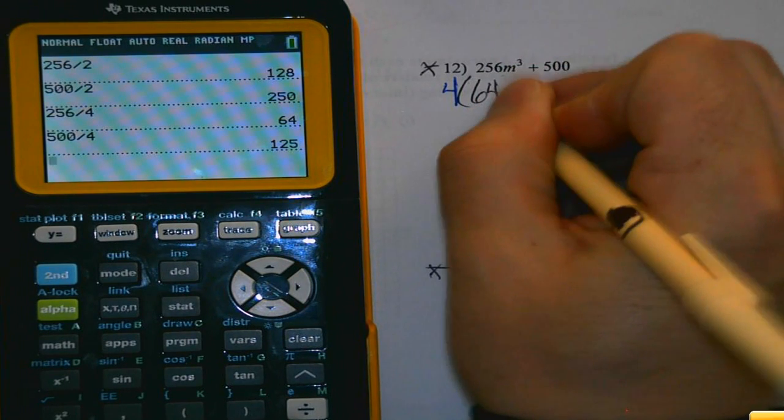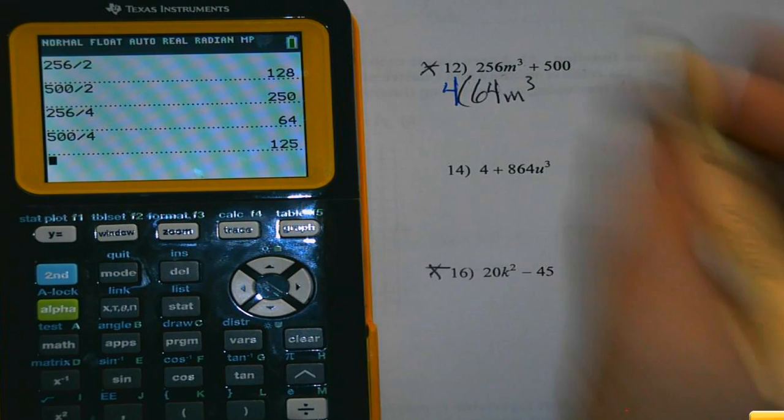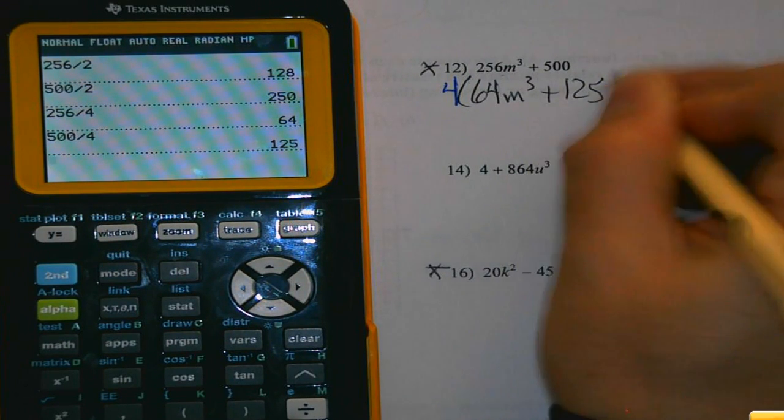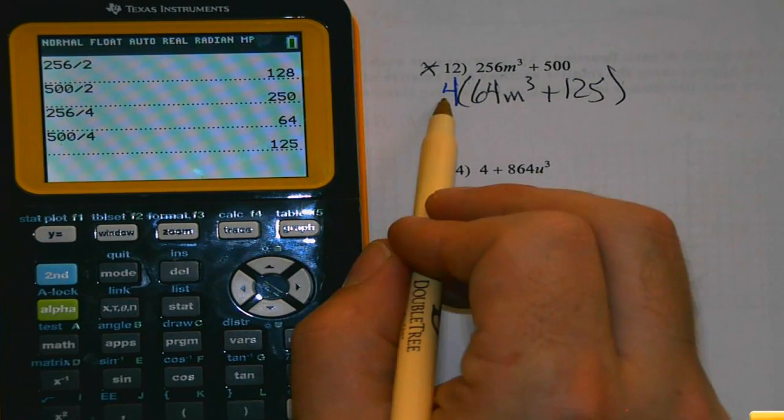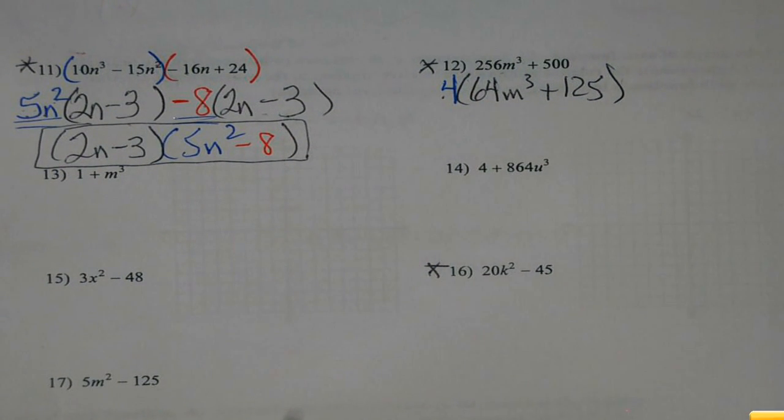I have 64m to the third, because 256 divided by 4 is 64, plus 125, because 500 divided by 4 is 125. Cool. So now